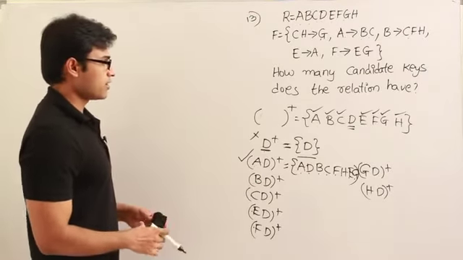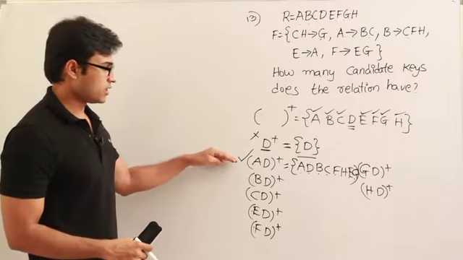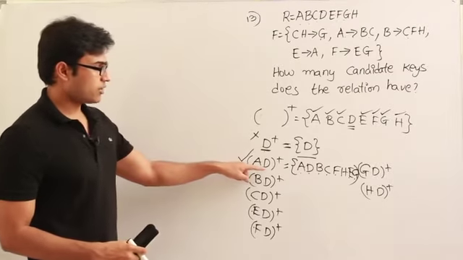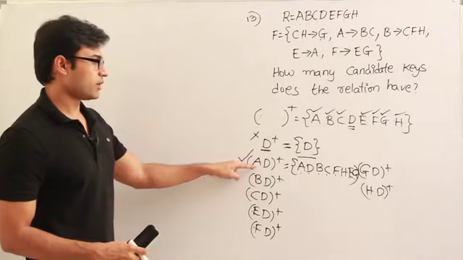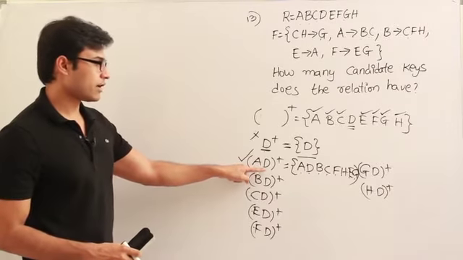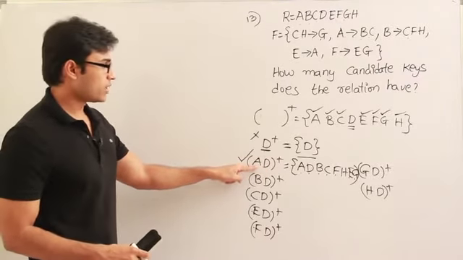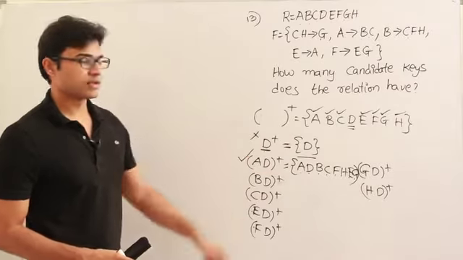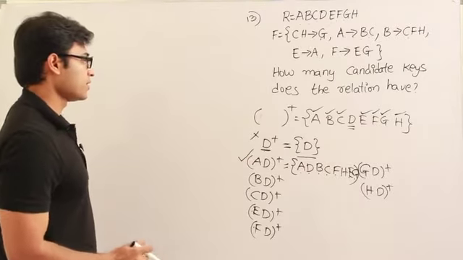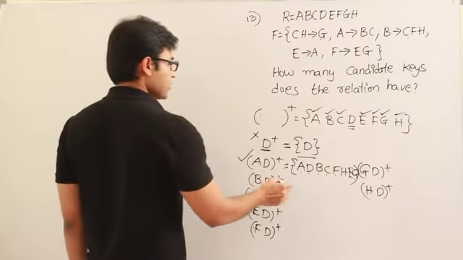Why should it be a candidate key? Because actually it is a key and it is minimal. You cannot remove D, because removing D will never derive D at all, and you cannot remove A, because removing A, we have seen, will not derive everything. Got it? Therefore, that is a candidate key.